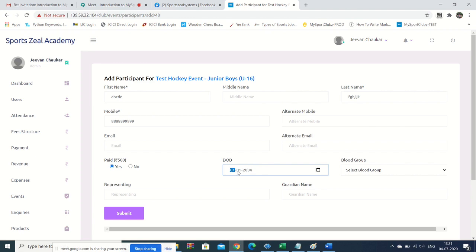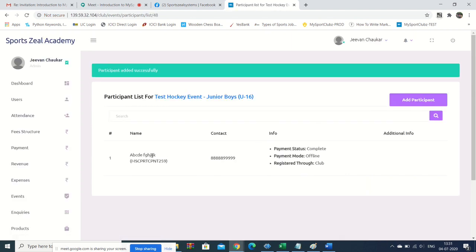No, 0108 2004. Okay, now that is under 16, representing some club. Okay, Mombasa club. Submit. So this player got added to this event.